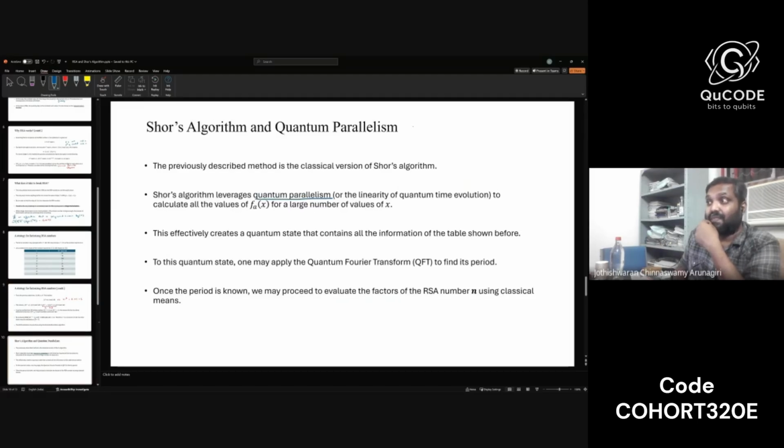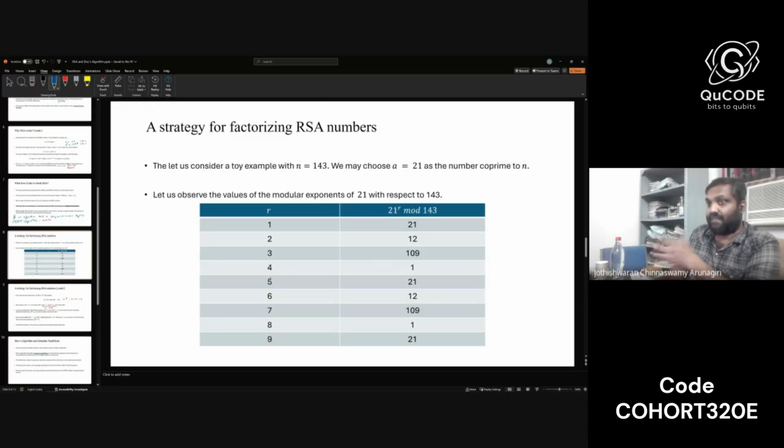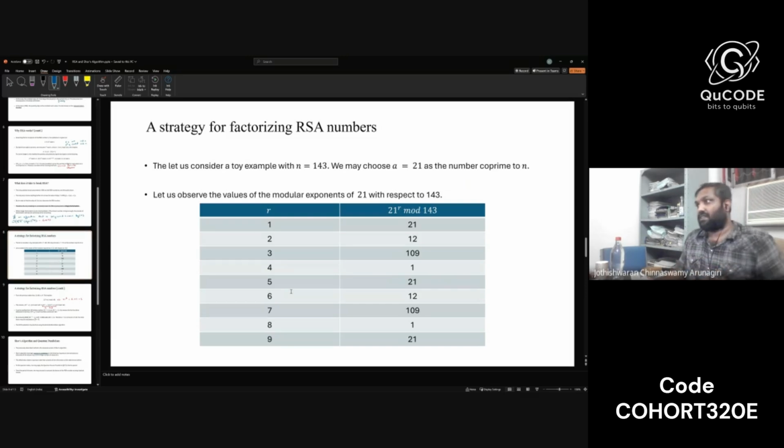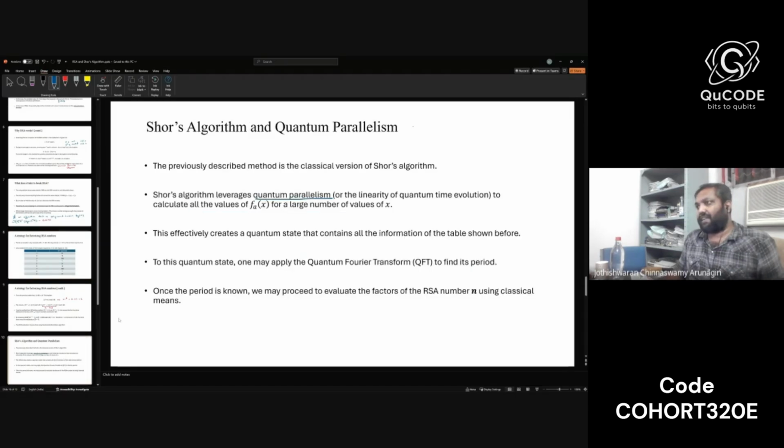And then I have a quantum state that contains all these values. So if I have this here, look at this, I have 1, 2, 3, 4, 5. Let me take up to the value 6. So what we will technically have when we perform Shor's algorithm is a resultant state, |ψ>,